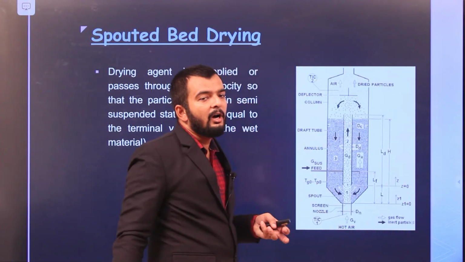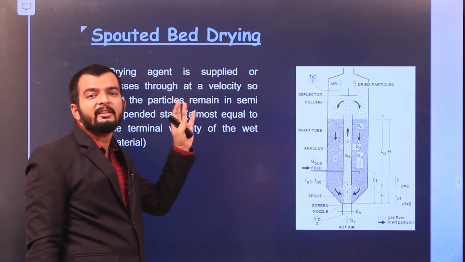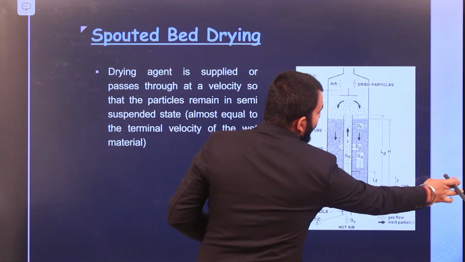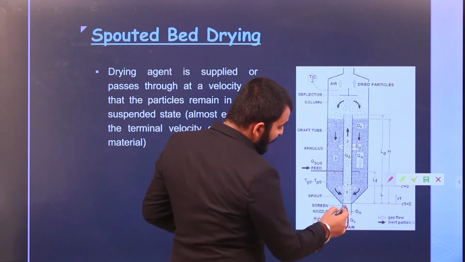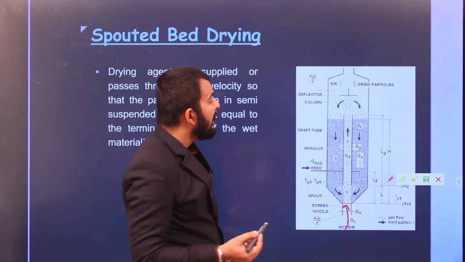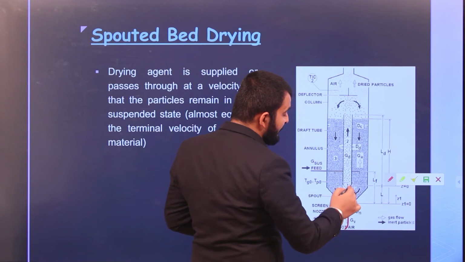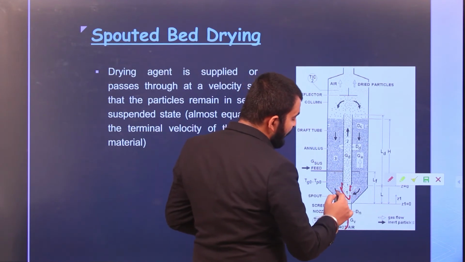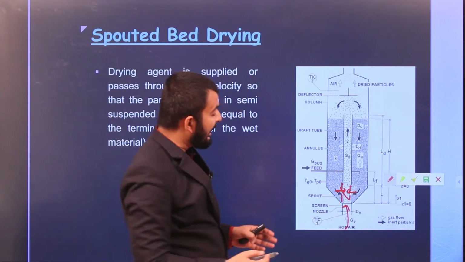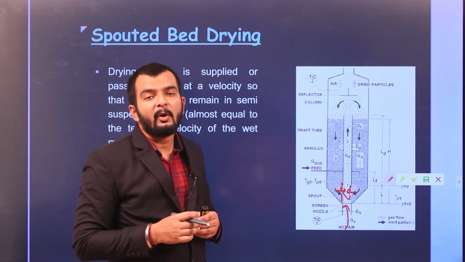Here is a picture to demonstrate a dryer which is based on this type of drying, that is spouted bed drying. So what is happening is, you are providing hot air here, and the velocity of this hot air is almost equal to the terminal velocity of your grain particles. Grain particles are fed through here. Okay, they are stored in here, and there is some outlet here, or from this perforation you can say, the grains can come in contact with the hot air or the drying agent which is being entered into the spouted bed drying.